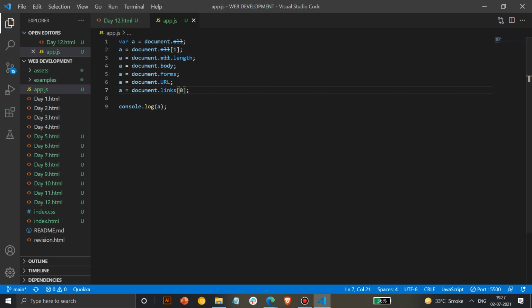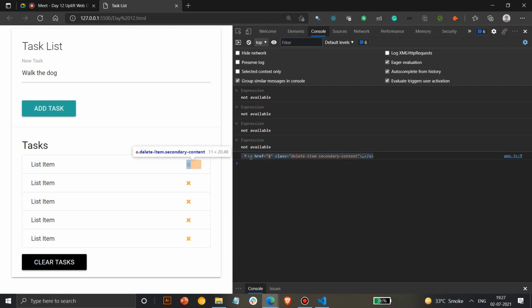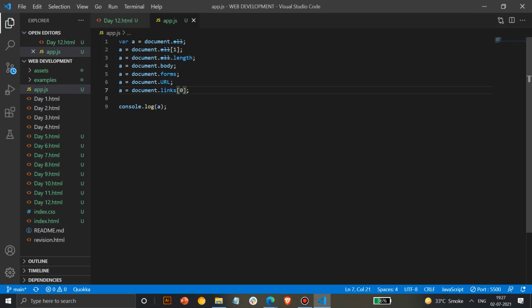From a collection it will fetch only the first link, and you can get the HTML of it, and you can get the I tag. Suppose we have a delete option here, you can check the delete option and modify it. So you get all this along with the HTML or link tags which we use.